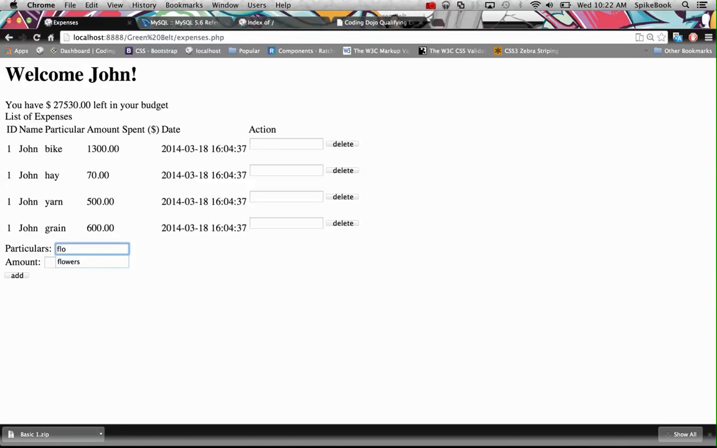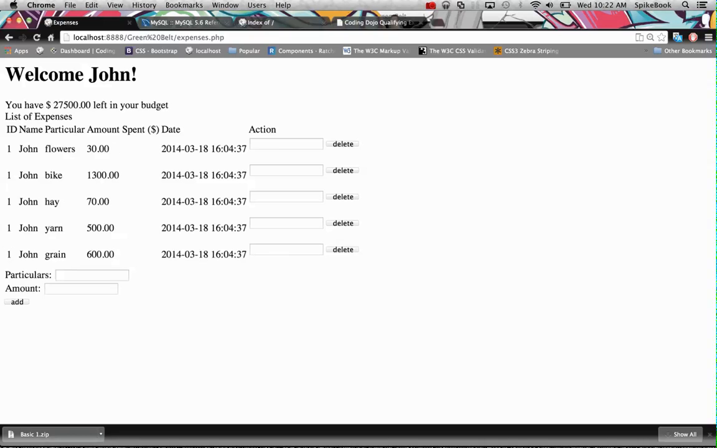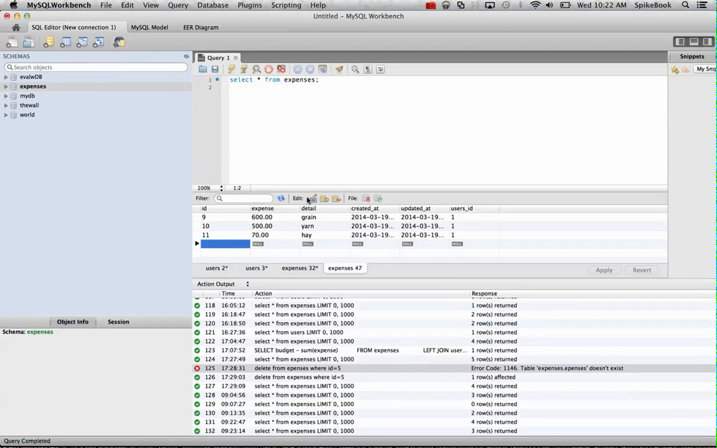Let's see. Well, let's give it 30. Cool. Now, for the delete function, I was unable to do it the way that it was required, so I couldn't delete each line by hitting the delete button. So the way that I remedied this, I went with what I know, and in my database here,